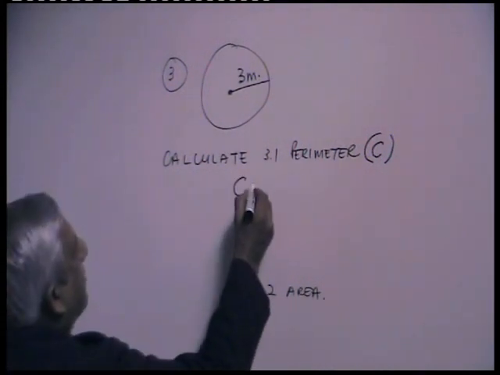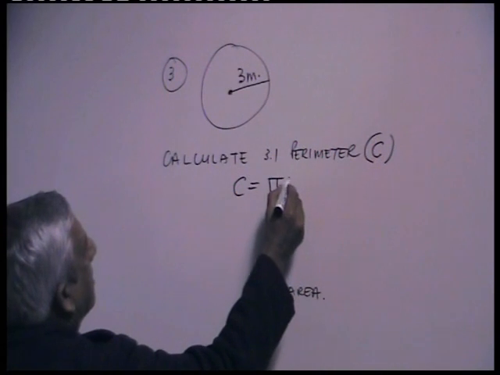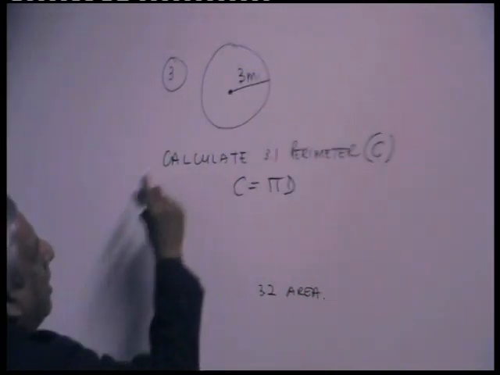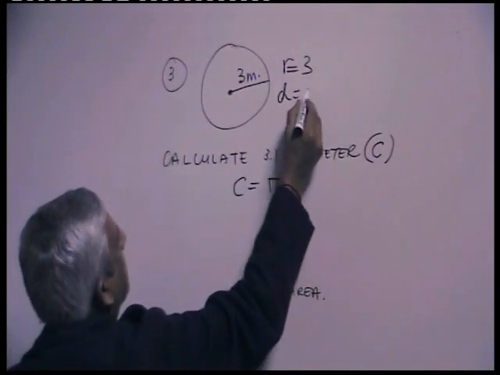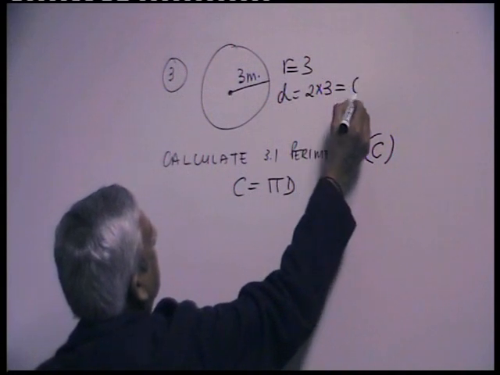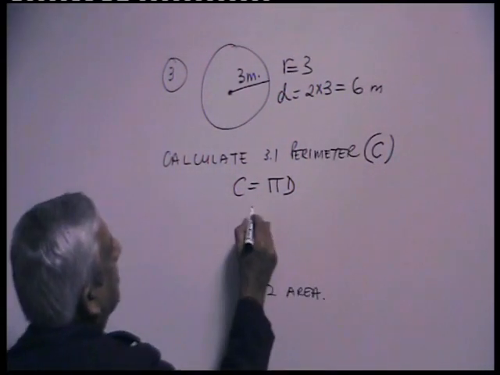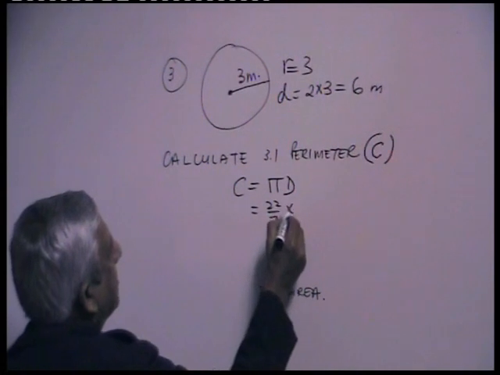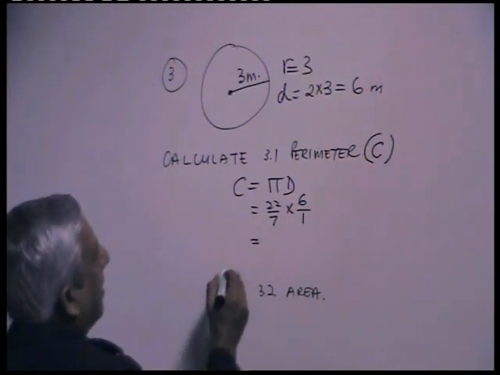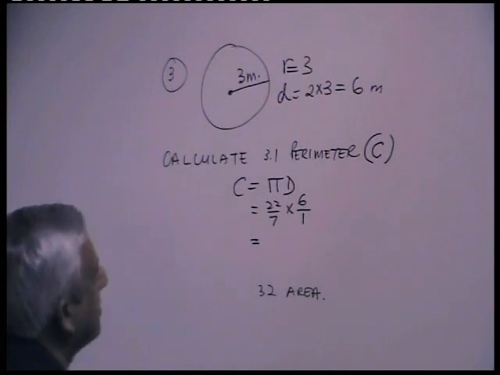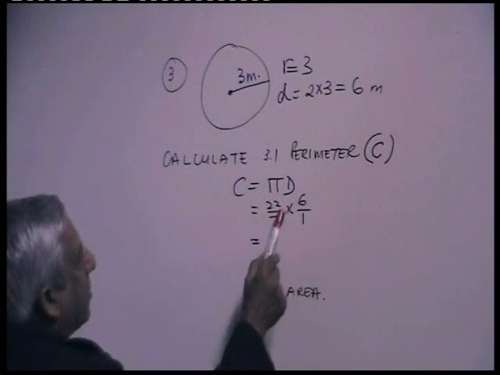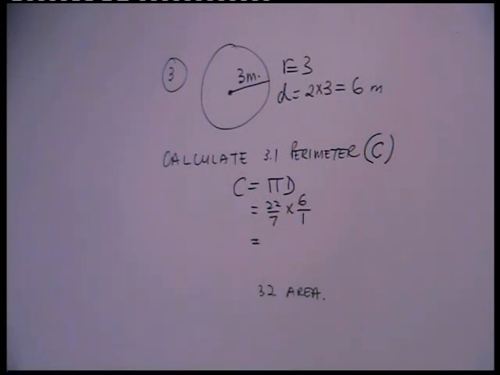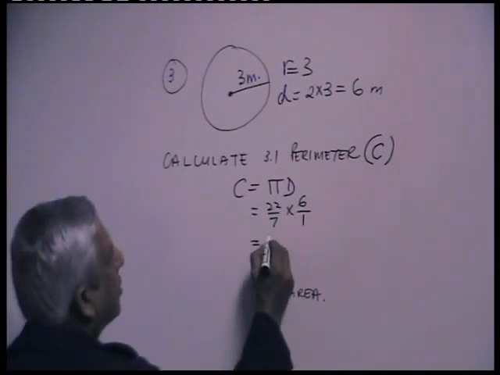Alright, so you said circumference is equal to pi times diameter. Now in this diagram, radius is 3. So the diameter is 2 times 3, which is 6 meters. So this will be 22 over 7 times 6 over 1. Now, when you try to cancel, up and down, nothing. Up and down, nothing. Across, nothing. So nothing cancels. Well, if nothing cancels, that's how it is. So on the top you got 22